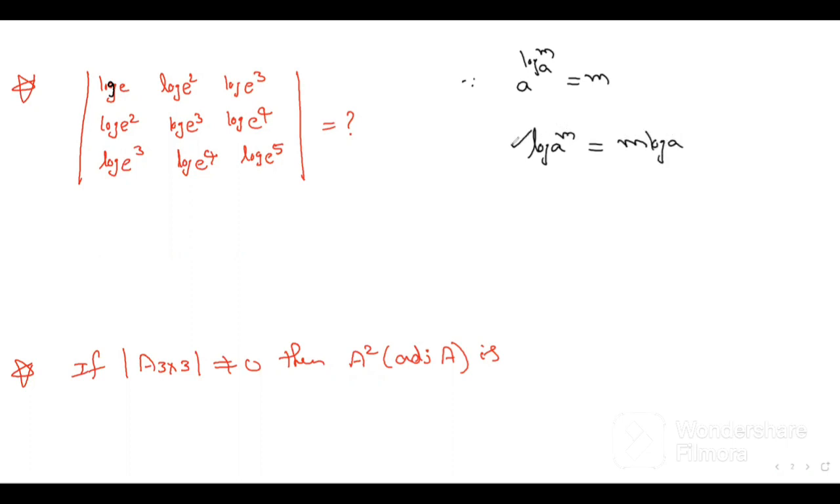Okay, now we should apply this formula. The power taking before logarithm. Power taking before logarithm, what we get here is equal to log of